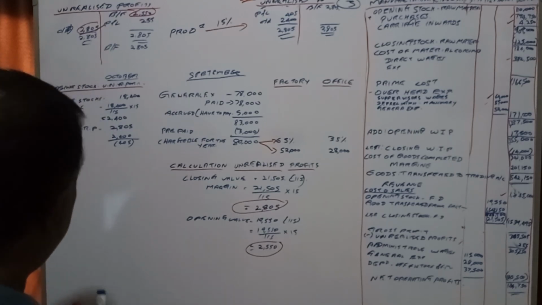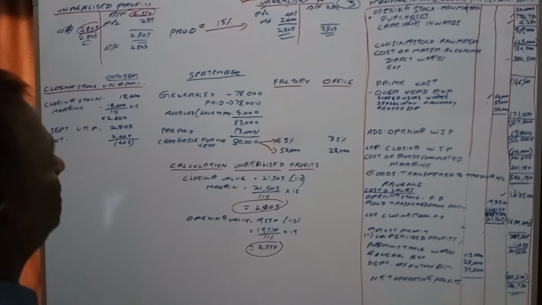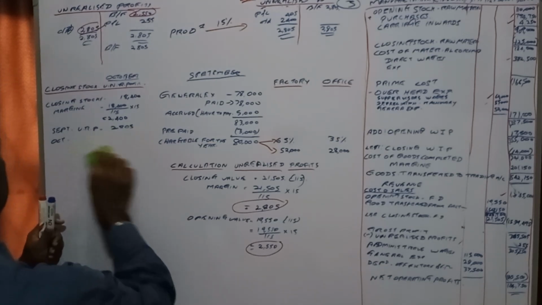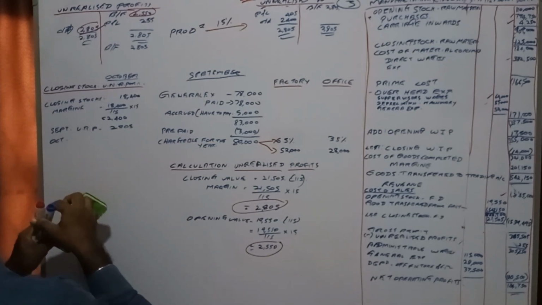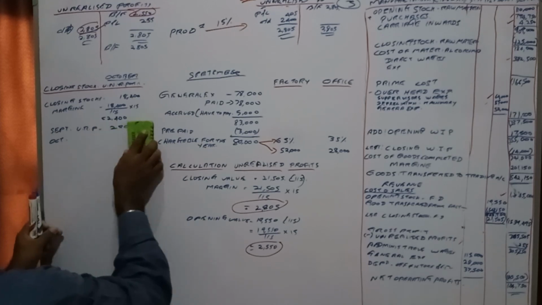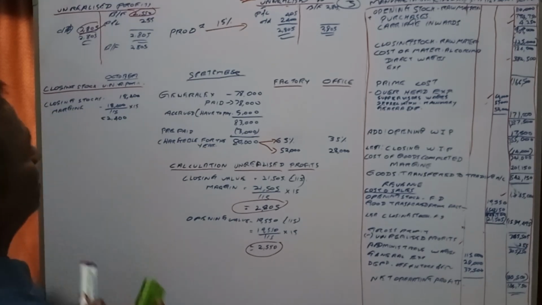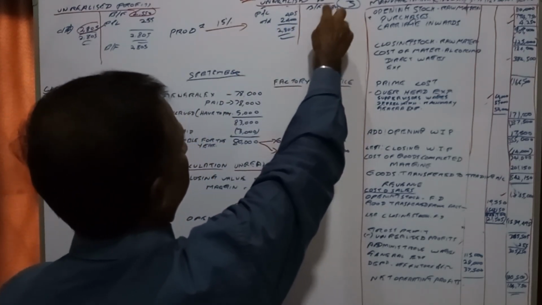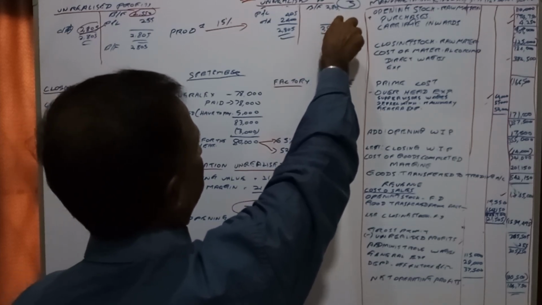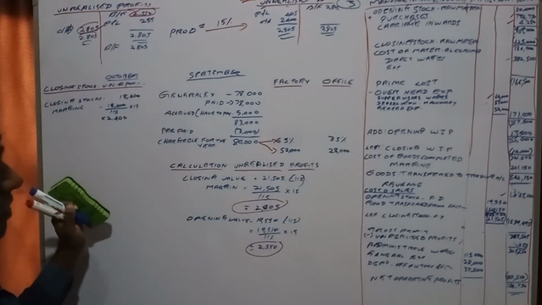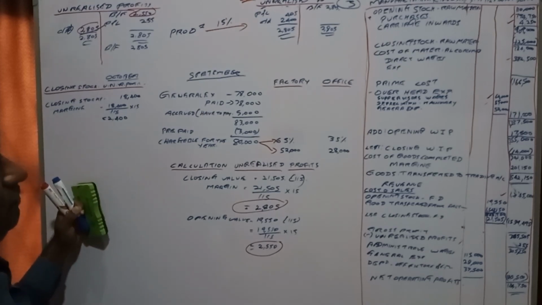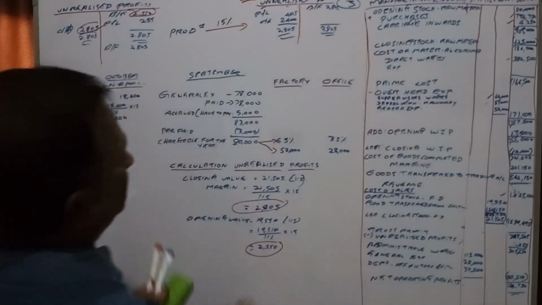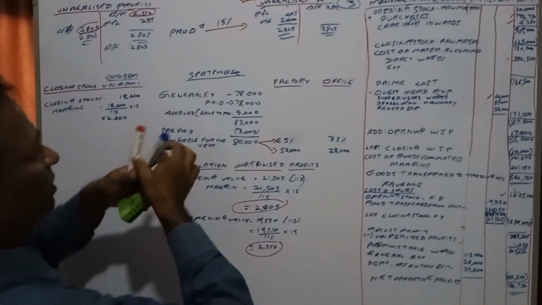September is the opening, so the October 1st opening balance is 2,805 unrealized profit. You have to reduce the unrealized profit, so you have to add it, credit to the P&L. So the answer is